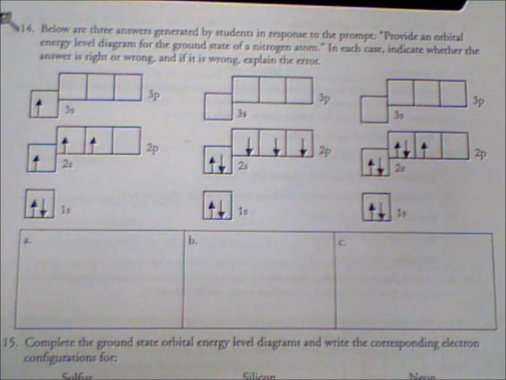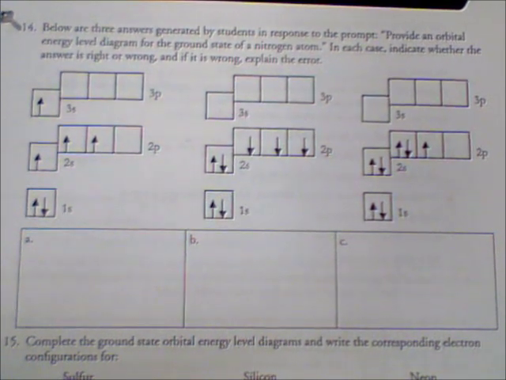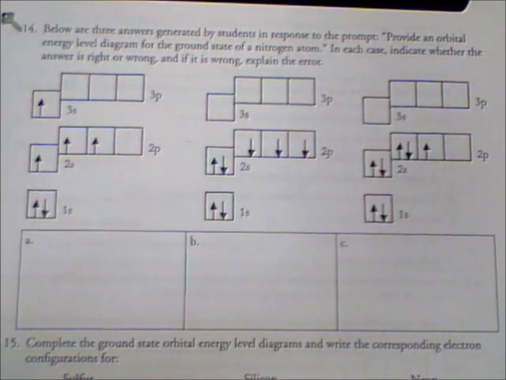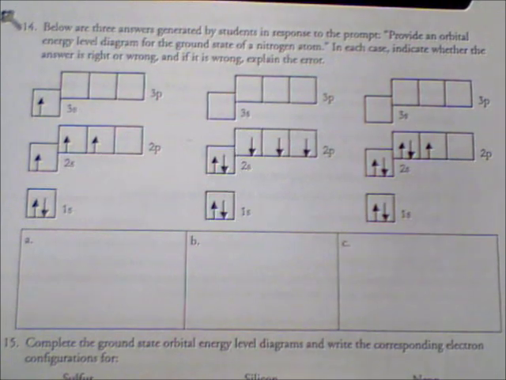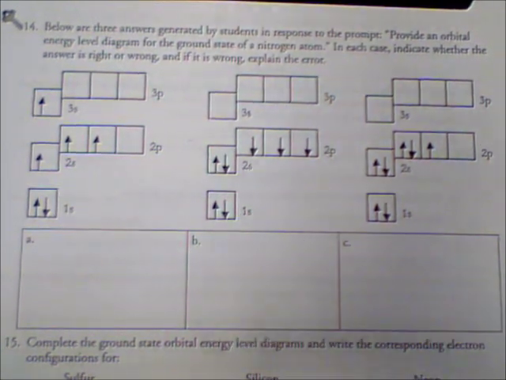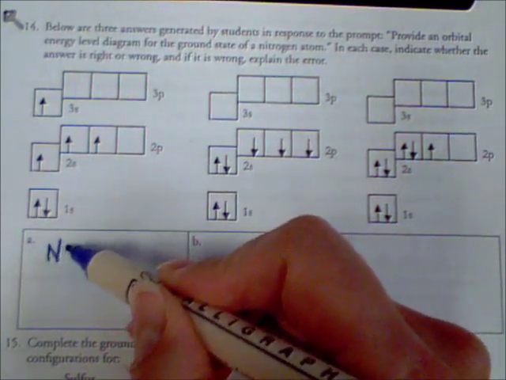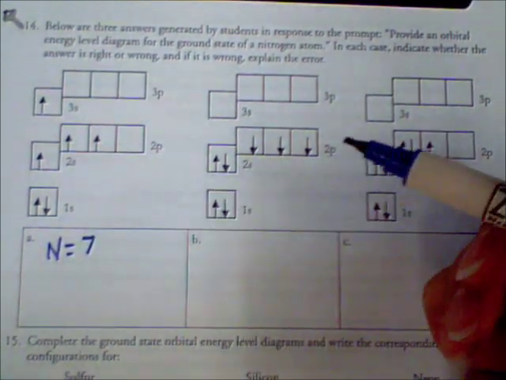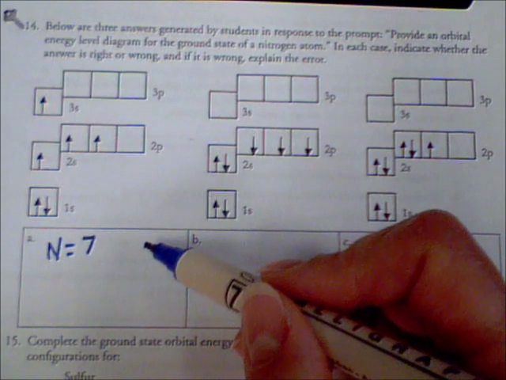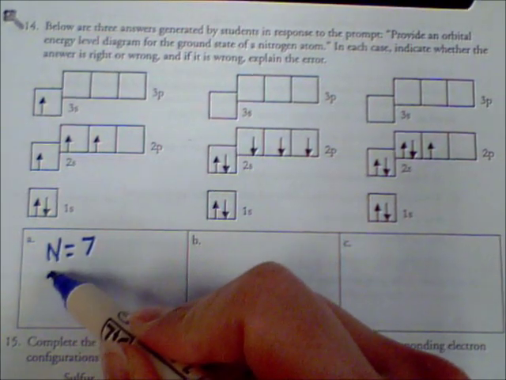Okay. We're going to be talking about electron configuration, so have out your reference table, and I want to go over something with you. All right, here are 3 examples of nitrogen. Now, how do I know that they're nitrogen? Nitrogen has 7 electrons. So if nitrogen has 7 electrons, and the electron configuration looks like so,